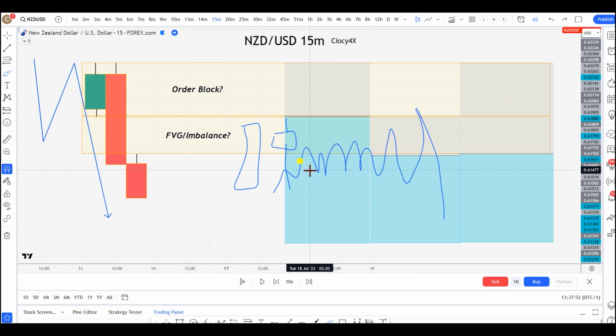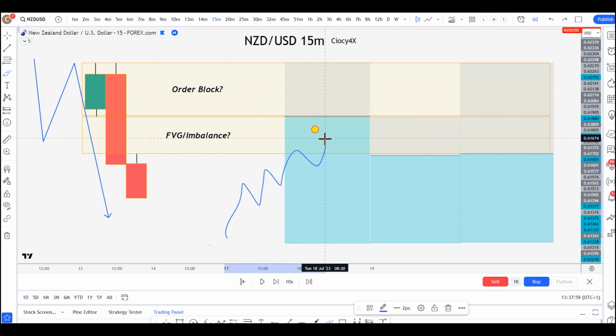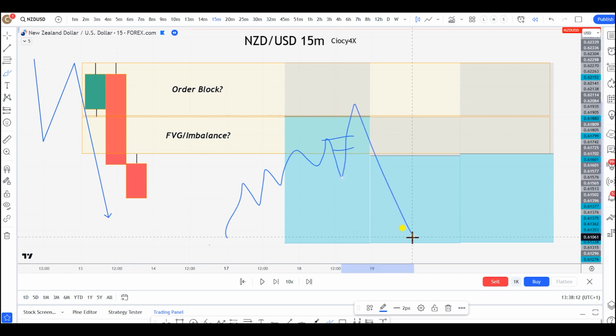Or the simplest one, if you are an SMC trader, what you might have is just price building the order flow, coming here, filling a little bit of the imbalance, breaking the structure. You try to short from over here because you saw the fill of the imbalance, and therefore you're like, okay, the structure is aligning because we are bearish. And then what happens is that price does something like this and then it goes away. This is something that I've seen happening so many times.